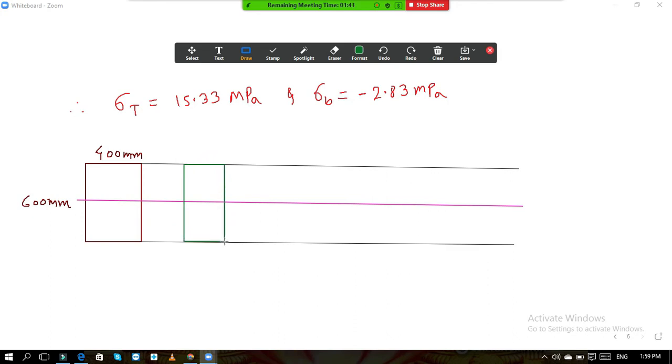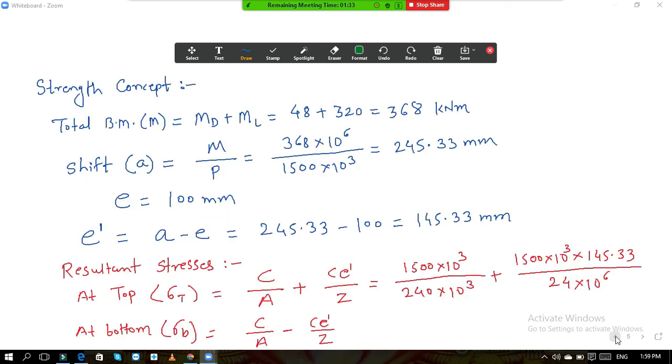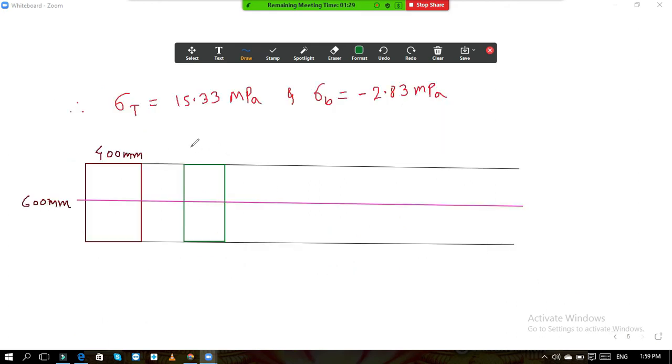So this is the diagram for direct stress. What is the value of direct stress? C by A. It is the same, 6.25 MPa, megapascal. And next diagram is